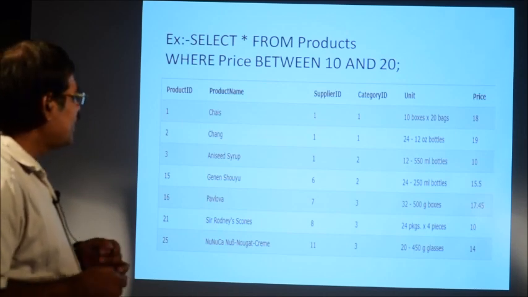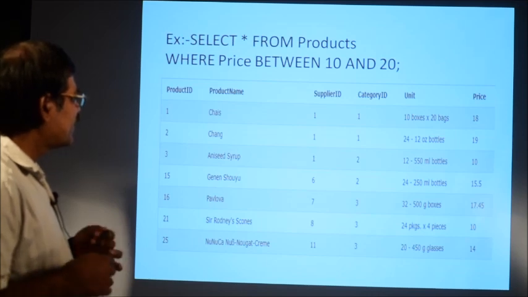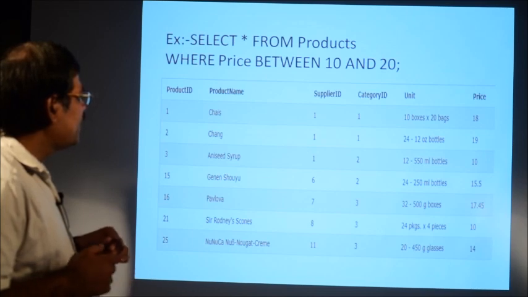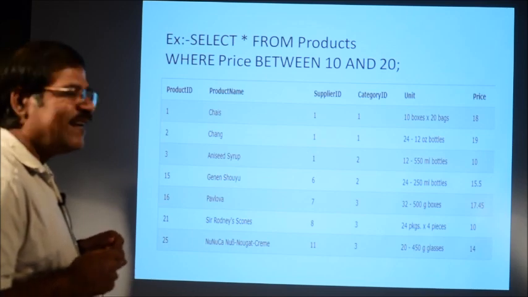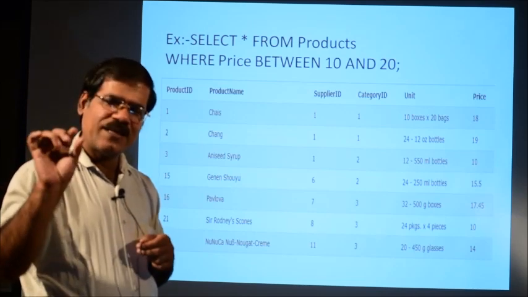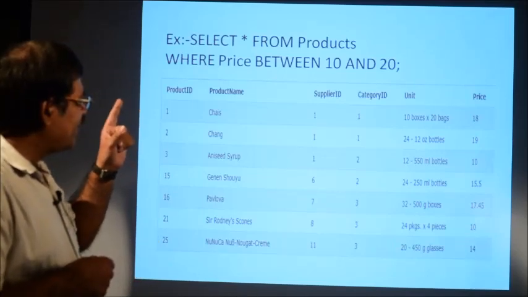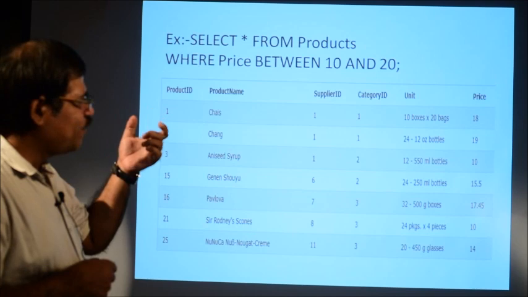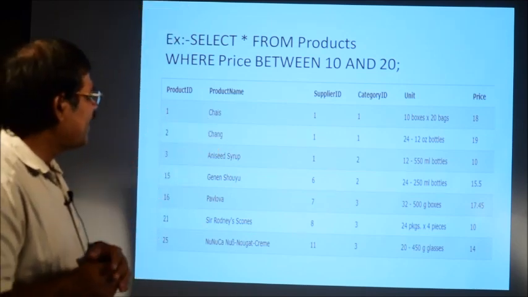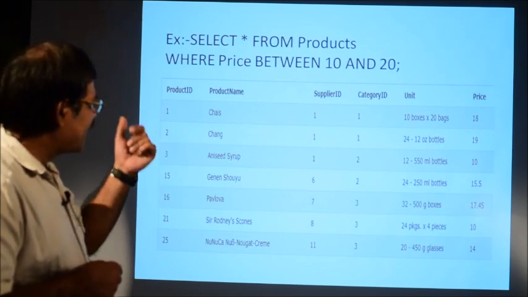Here you look at all the price values between the range 10 and 20, all the records. So 18, 19, 10, because 10 to 20 means 10 is not omitted, 10 is also included, 20 is included, and all the values between 10 and 20. So a record whose price value is 10 or 20 and in between, it may be 15, 18. 18 is between 10 and 20, 19 is between 10 and 20, and 10 is included exactly because the starting value is 10.